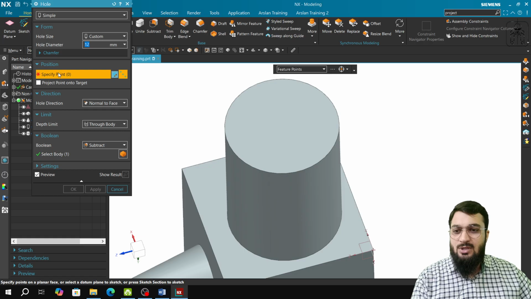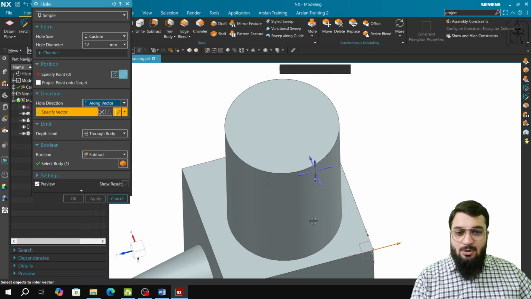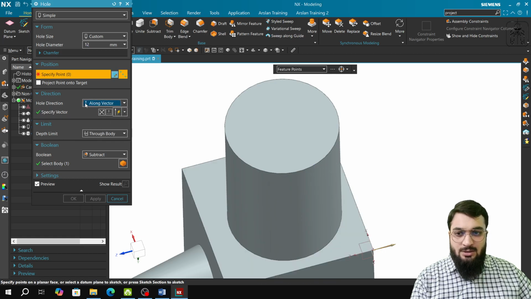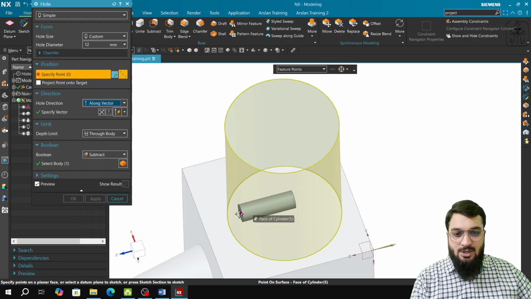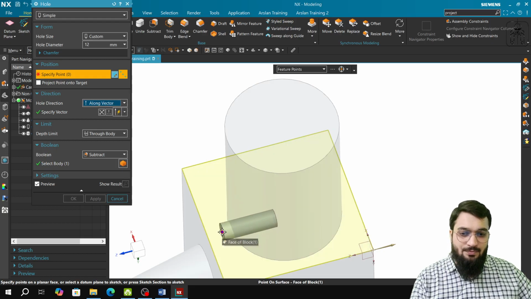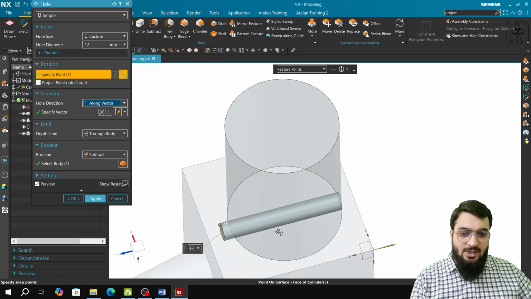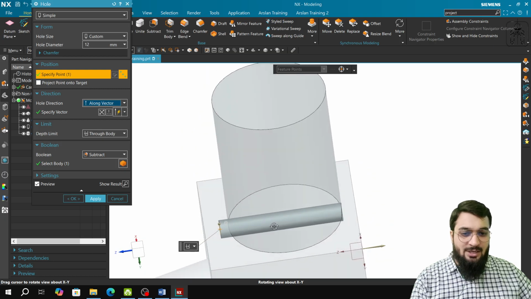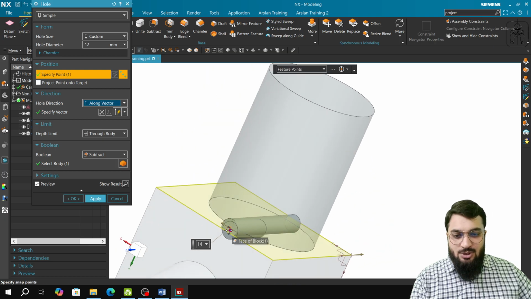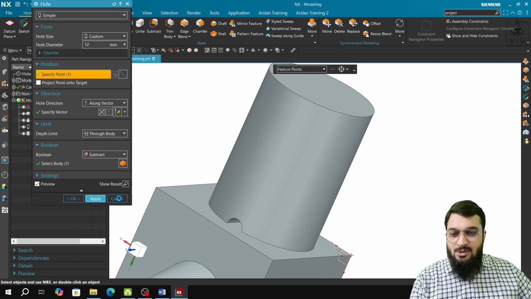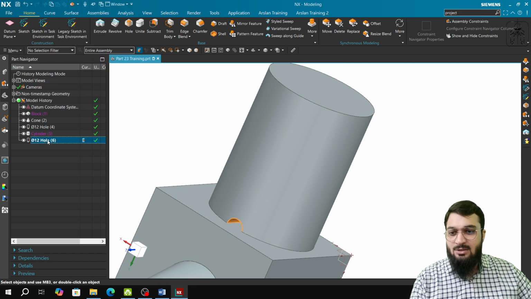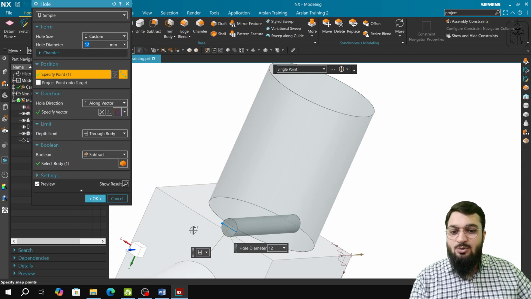I want to select the along vector, and I want to select this as the vector, and I want to select this as the point. So you see that hole is being generated in such a fashion. I can also change the hole by, I will just click on apply, and you see that the hole has been created. In order to change the hole,